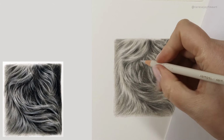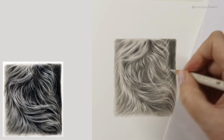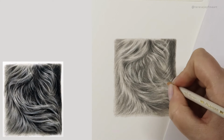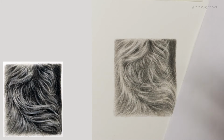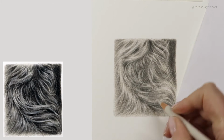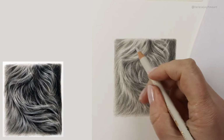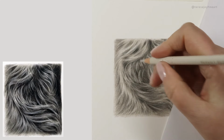I'm going to go over these bits that we've just put in with this warm grey one and just blend them a little bit, so that they don't look like lines that we've just erased out and they do actually look like they're part of the drawing. So I'm just going to come in with those first of all. Bring this over where these